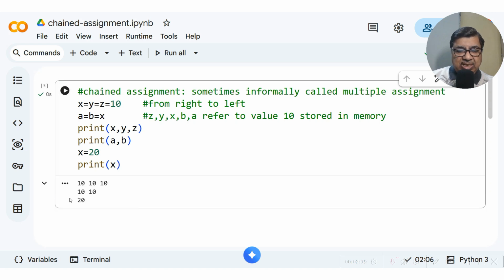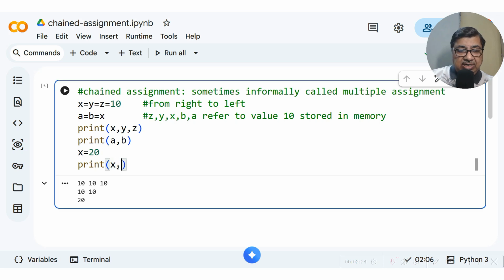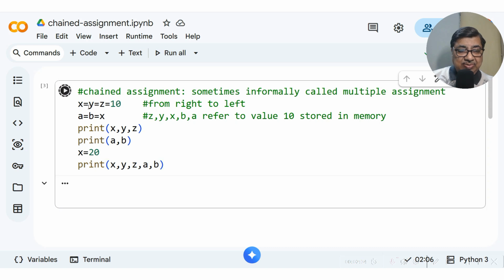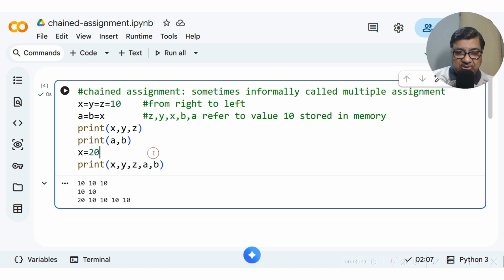Say X is now 20, but suppose I print Y, Z and A, B also. Let us see what happens. Interesting. That means X has changed, but Y, Z, A and B have not changed. So this value assignment is not permanently tied.